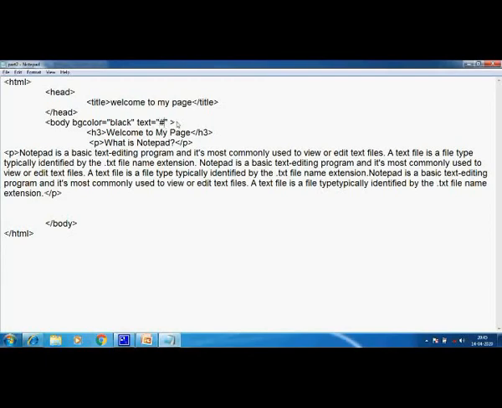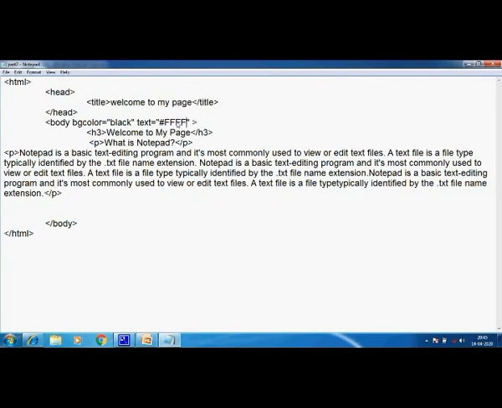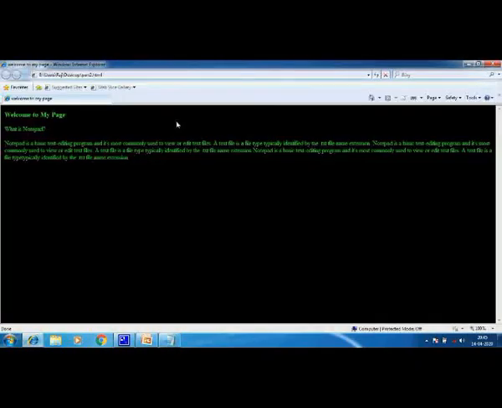Let's see it, always prefixed with a hash. Six Fs. Let's save it. Okay, I have saved it. Now I'll execute it. See, it's white, children.